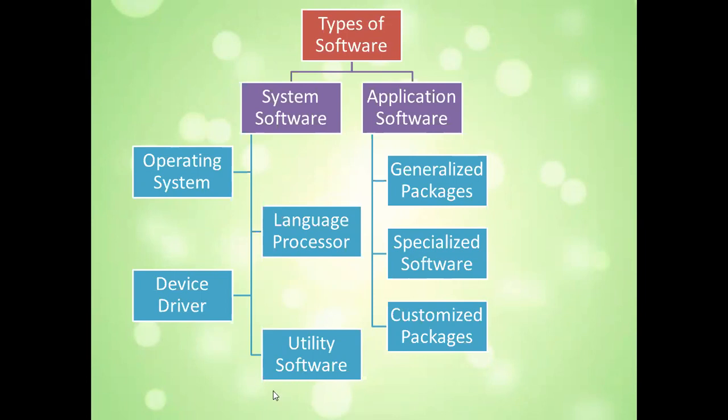Next is utility software. Utility software are all those softwares which are basically used for the cleaning purpose of the computer. For example, all antivirus software comes under this category only. So it is used to clean the viruses from the computer. So all these types of software which are used for the cleaning purpose of the system are known as utility software. And all antivirus software,